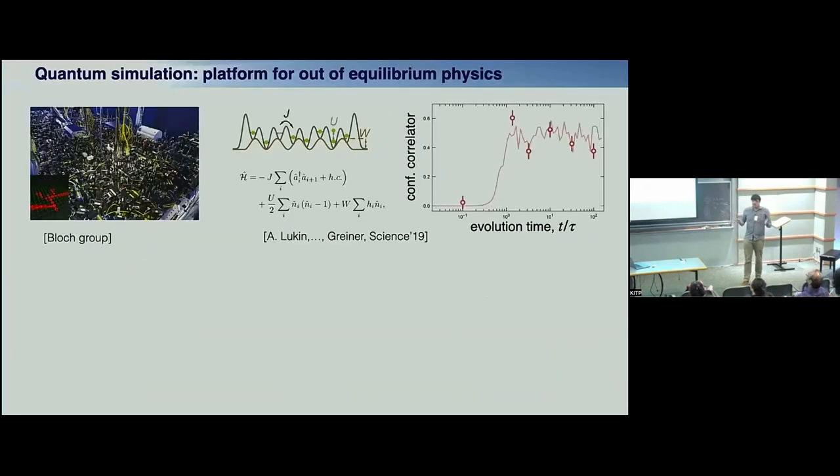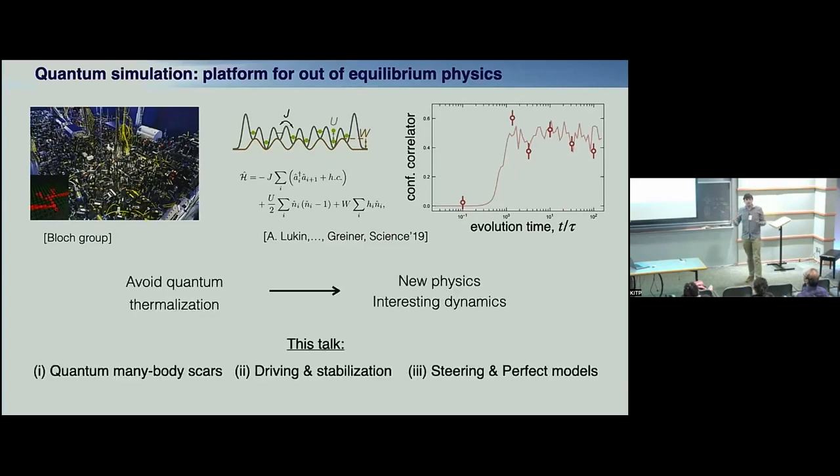And let me just start by the motivation why we should avoid thermalization, right? Thermalization is great and universal, but if you build some complex quantum simulation apparatus and you don't have any semi-classics, any all-to-all interactions or anything else that protects you, you have some bosonic Aubry-André model or some very, very quantum system. Very often you measure some physical quantities, some configurational correlator, proxy to entanglement, and then interesting dynamics stops at one tunneling time. Right, and then you may ask, why did I do all of that? Maybe this is interesting, but maybe I should try to avoid thermalization, and then maybe there's going to be more interesting long-time dynamics.